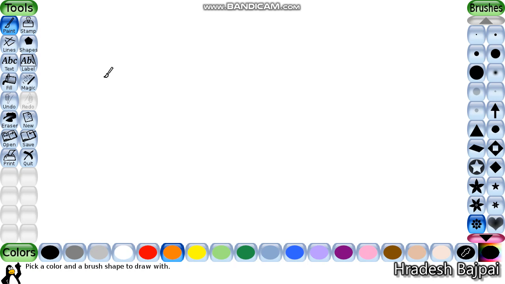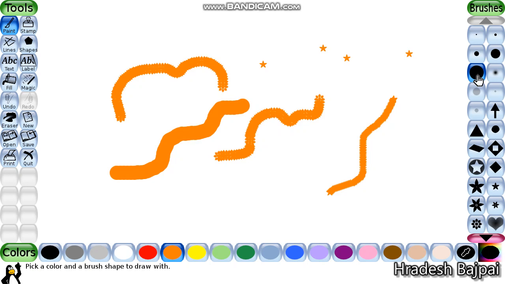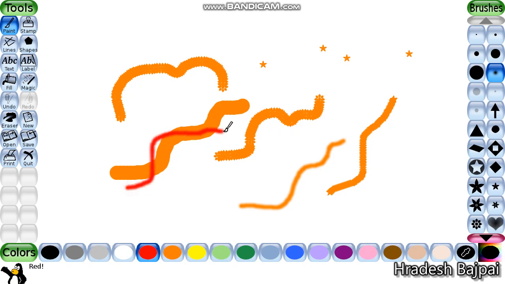If you want to draw anything freehand, you can use this paint option. You can choose any pattern and draw it. You can draw one line, one pattern, or lines or anything, whatever you want to draw. A hash sign you can draw like this. From here you can change the colors.